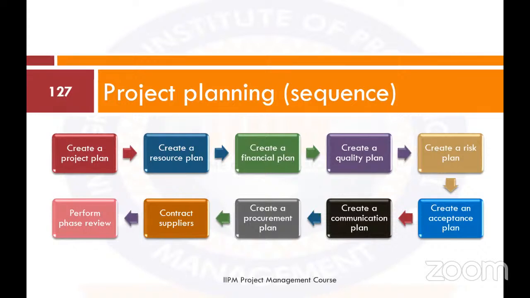The first thing is create a project plan, which gives us the scope of work that needs to be done, the work breakdown structure of what needs to be done. And from there, you create your resource plan, create your financial plan, create quality plan, create risk plan, create acceptance plan, create communication plan, create procurement plan, then have your contract suppliers information for easy management, and then perform phase review. So these are the basic steps that we need to follow in project